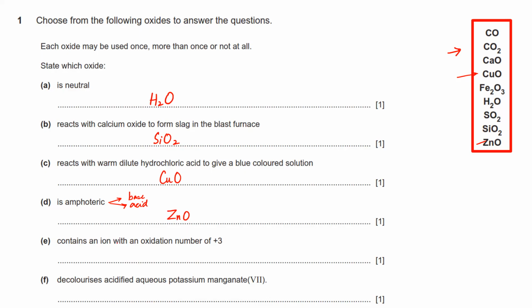Then it says an oxide that contains an ion with oxidation number of +3. Let's write down the oxidation numbers of all the oxides. Carbon is +2 here. Carbon is again +2 here. Calcium is +2. Copper is +2. Iron is +3. In H2O, H is plus. Sulfur is +4, and this carbon is +4 as well. In SiO2, Si is again +4, and Zn is +2. So the answer would be iron,